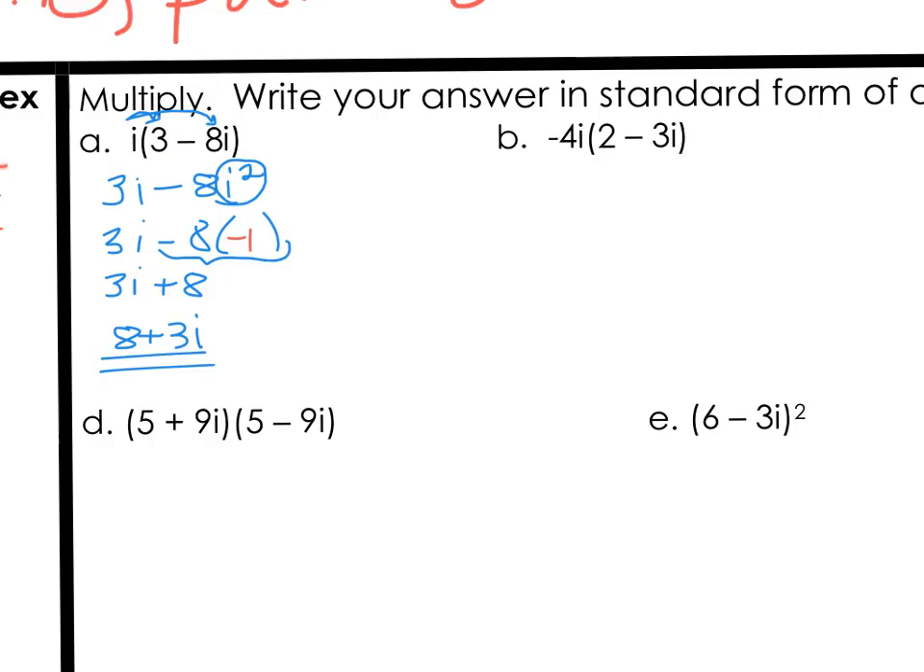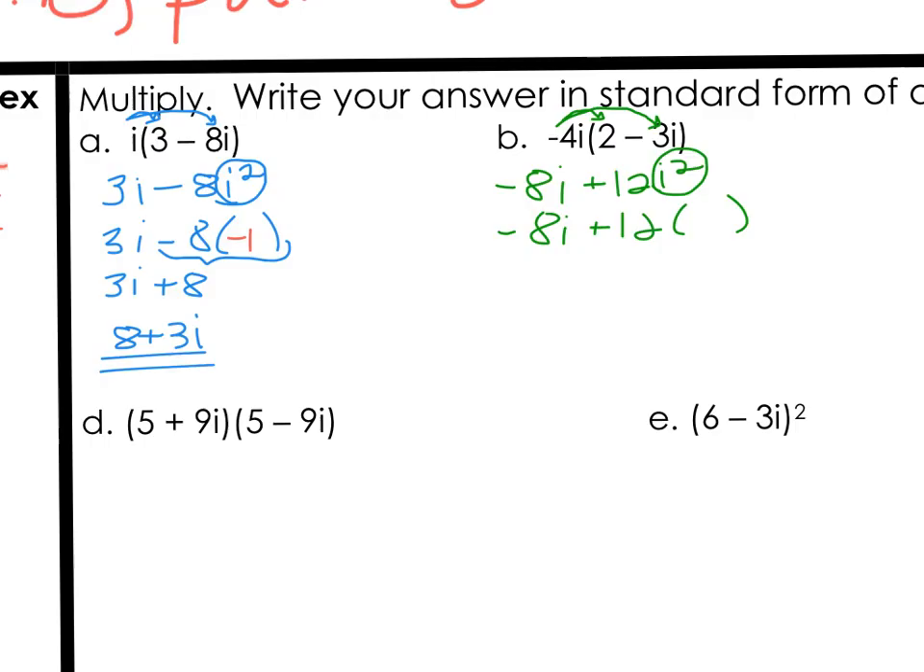In example B, same idea, very similar process. Now we have -4i as our number out in front times the complex number 2 minus 3i. Distribute the -4i in. -4i times 2, we can multiply the numbers to get -8i. And then -4i times -3i becomes +12, and then i times i is again i squared. Recognizing that i squared is going to equal -1,